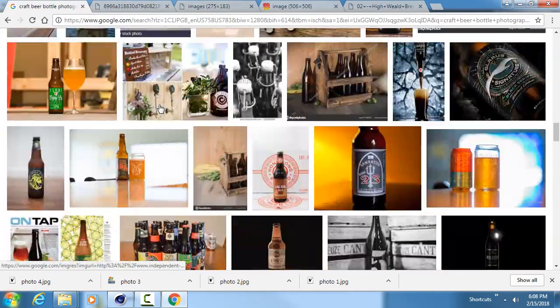So while we're getting started, the way that we are going to model this object, or at least the way that I'm going to show it, is going to require us to look up a sort of line drawing or some sort of a diagram of a bottle. And what I mean by that is I can look up